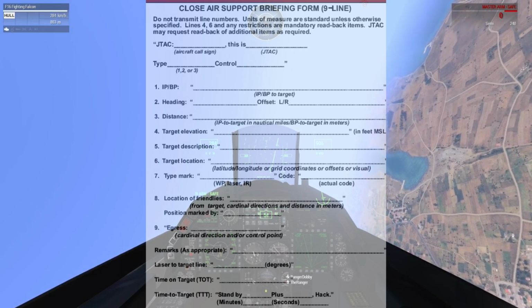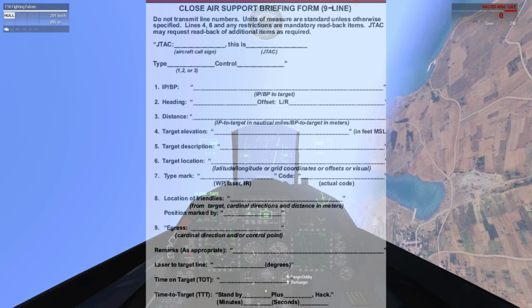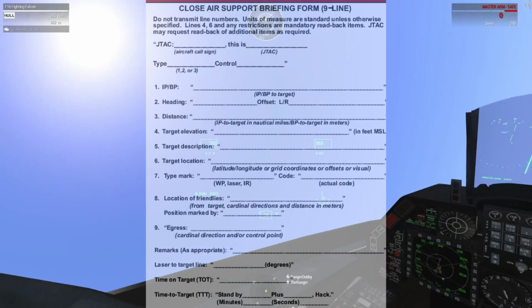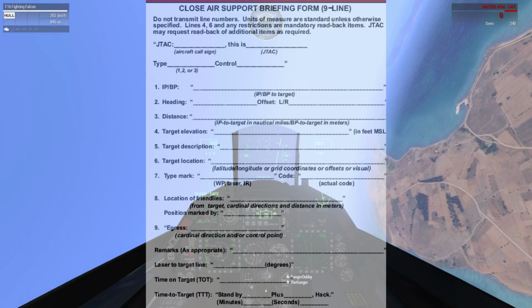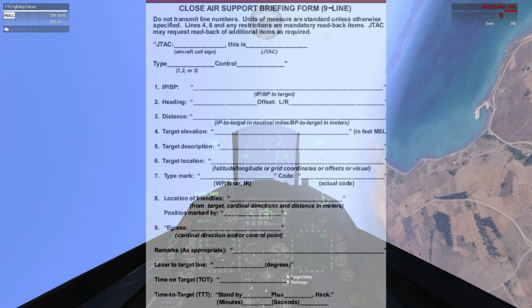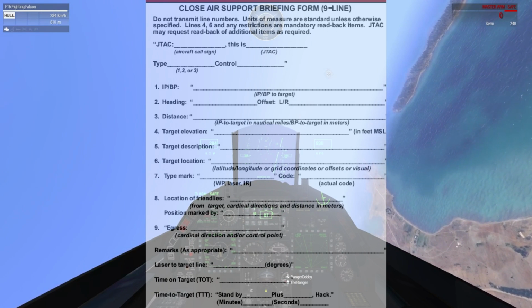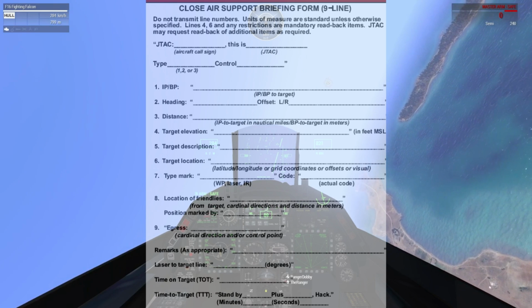So the next thing that we need to do is cover an aircraft check-in. This will be whenever you contact the JTAC on the ground. An aircraft check-in pretty much just tells the JTAC on the ground what you have. This will consist of your call sign, flight number, how much time you have in the area,